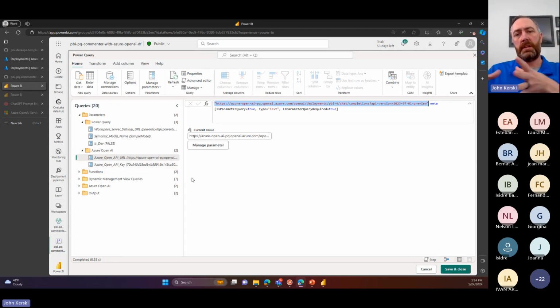But in order for you to communicate with the Azure OpenAI ChatGPT implementation in PowerQuery today, you need to provide it some sort of access key. And that access key gets sent over in the headers, which I'll show you what that looks like. But the idea is that's how you're going to let PowerQuery communicate to